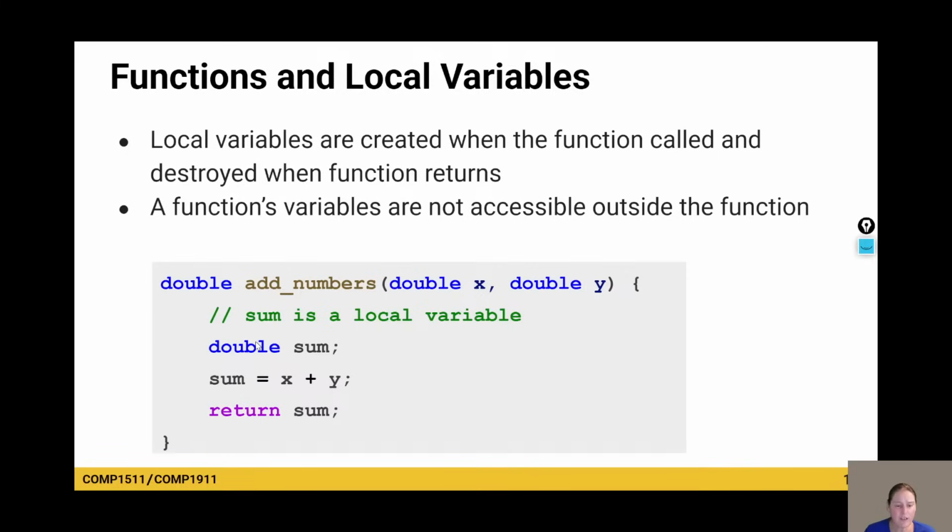And this is a good thing because we don't want other functions accidentally messing up our variables. We can have our variables nice and contained. It's easier to debug. And our functions interact in a very controlled way just by passing in arguments and getting return values. But they can't just randomly attack all of our variables.